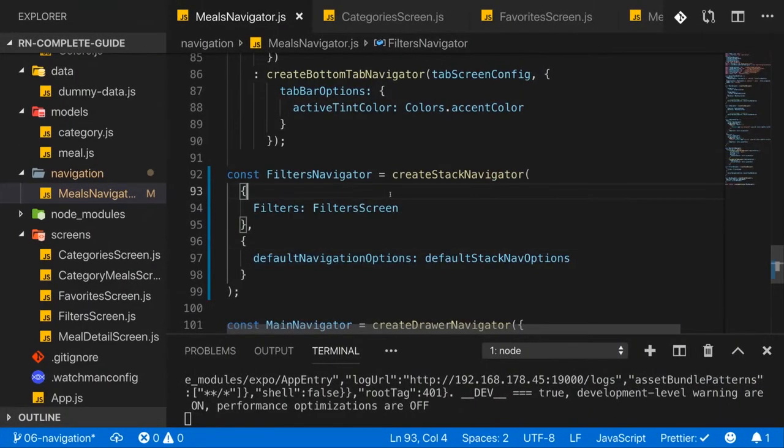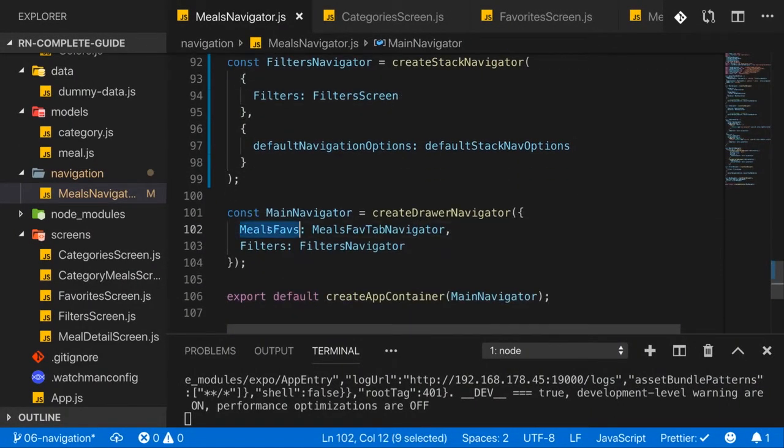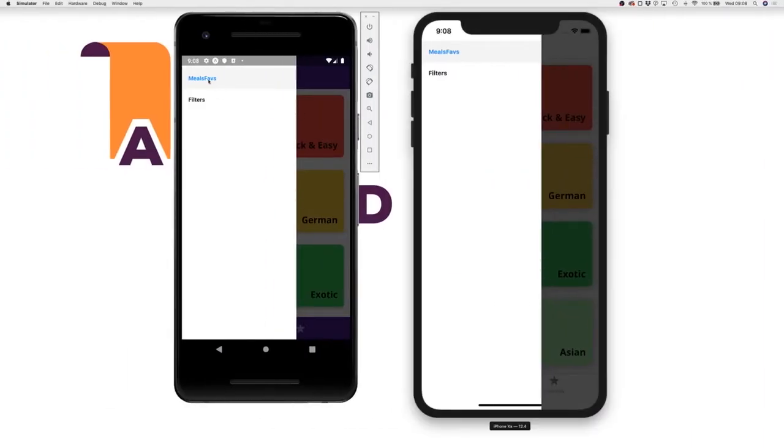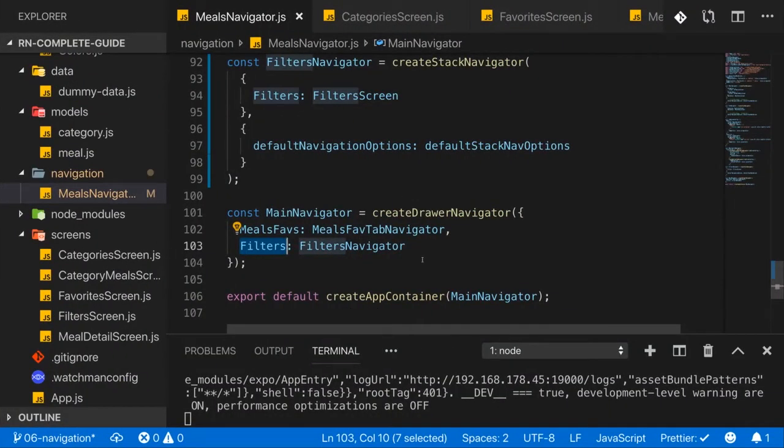Now, that's not too difficult. Let's start with the text. As you can tell, it by default takes these identifiers here, meals, favs, filters. Now, of course, it can do that, but meals, favs, that's not really a text we want to show to our users. Therefore, I want to override this, and we can do this with the good old navigation options,